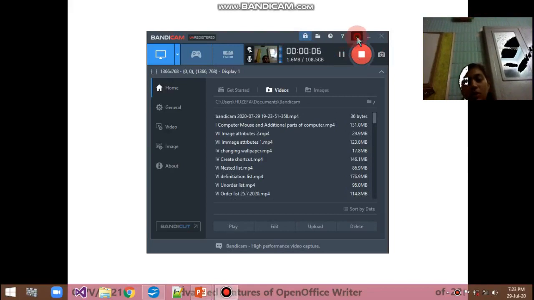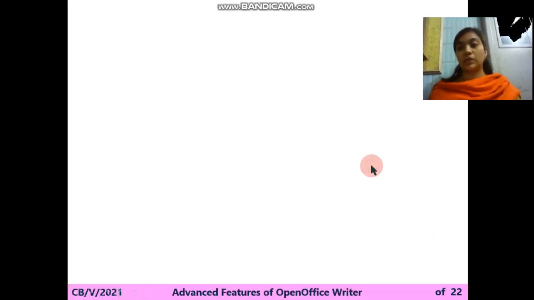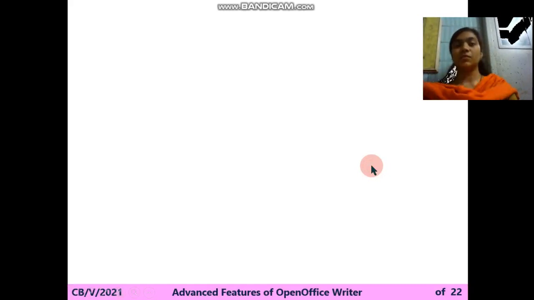In the virtual class we learned how to insert data and how to insert a table in OpenOffice Writer, right? So now we are going to learn different things about the table, how you can format the table. Simply, हमने देखा कि table आपने बनाया easy way में, उसके you can insert the row also, you can also delete the row, columns, even you can delete the whole table, right?